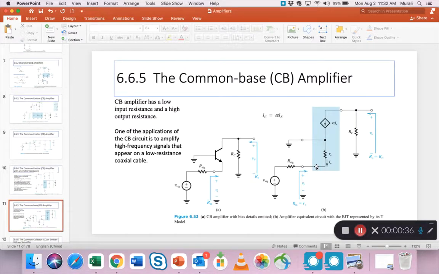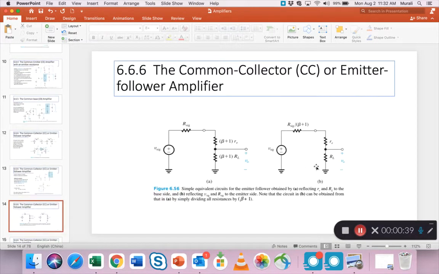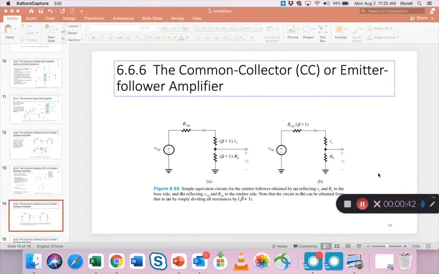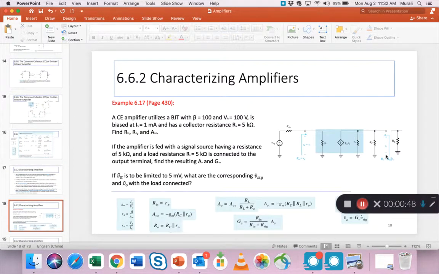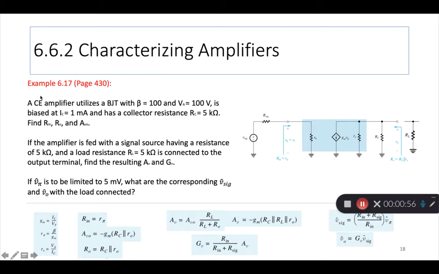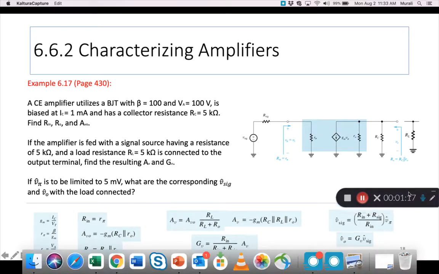So let me keep moving on my presentation to the first numerical example or problem, and that's on slide 18 of my PPT. So here on slide 18 we have example 6.17 from the textbook. This is on page 430. So it's an example, that means the solution is available in the textbook, and I don't feel I need to go too deeply into it, but just briefly look at what the